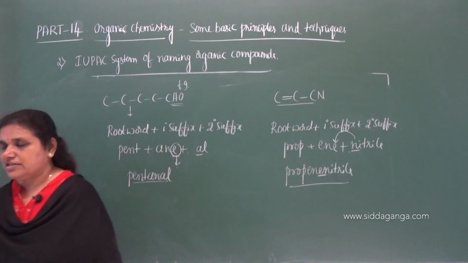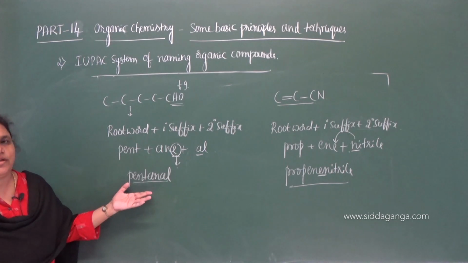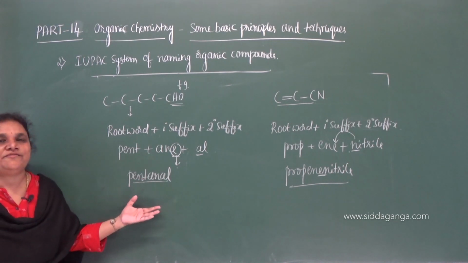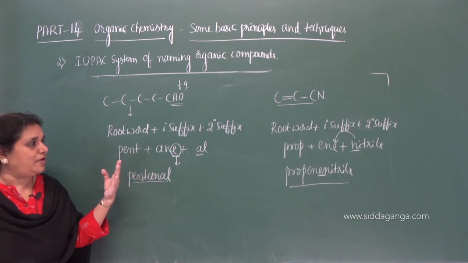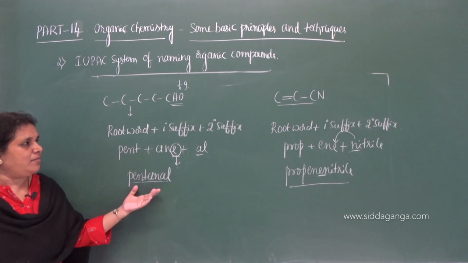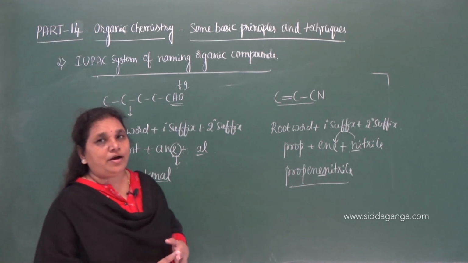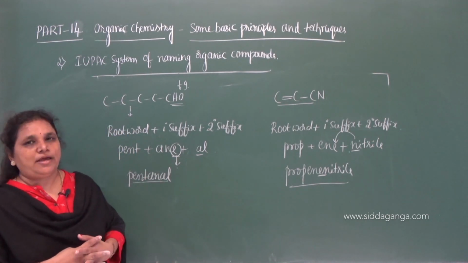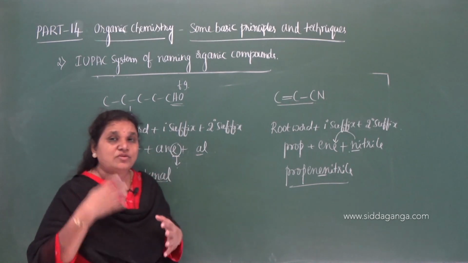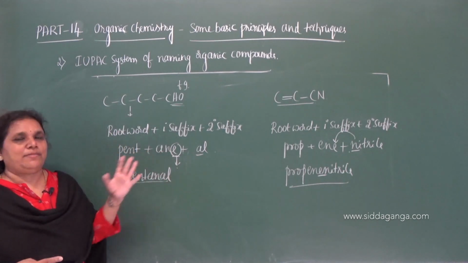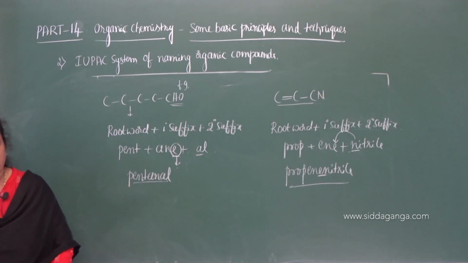So this is the difference while adding the secondary suffix to the primary suffix. This is just an example of how to add the secondary suffix to the primary suffix. This is not the actual IUPAC name, but it follows some rules of IUPAC naming where we add the secondary suffix to the primary suffix. While adding the secondary suffix to the primary suffix, we need to drop the terminal E of the primary suffix if the secondary suffix starts with a vowel. Okay. Now let us move on to the next part of the IUPAC name.